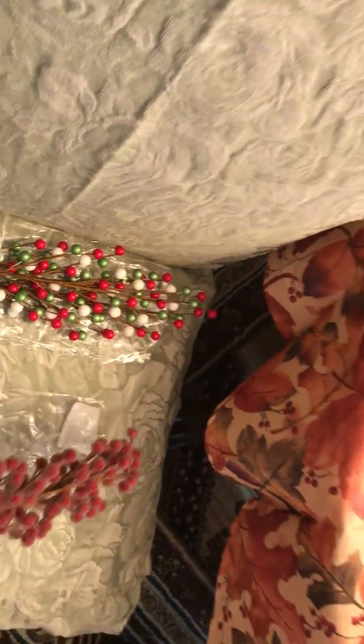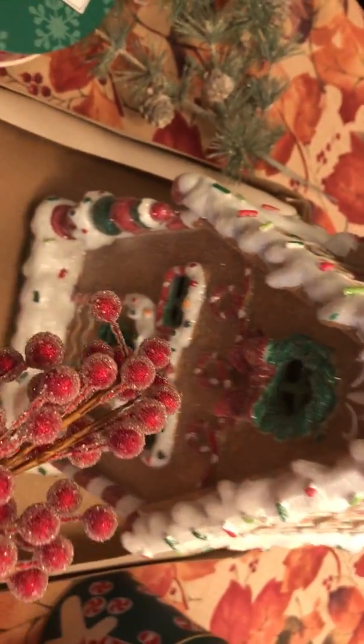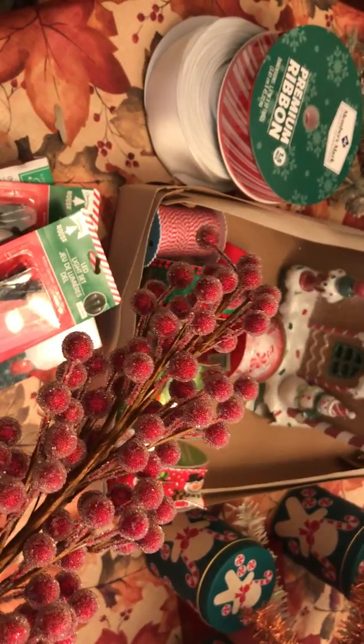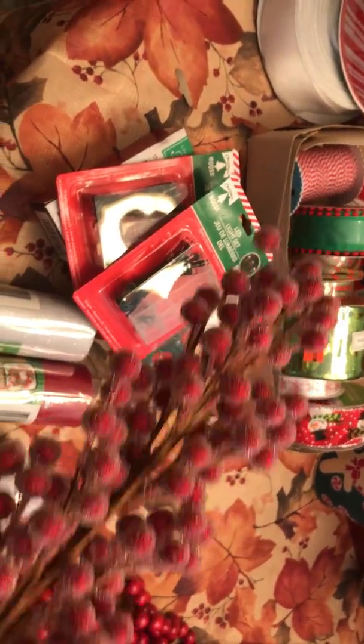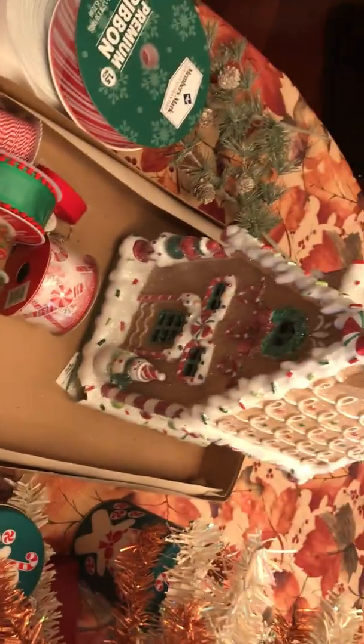And then at home, I couldn't decide which one. I got the icy cranberry because this is all icy glittery. So believe me, if I don't use it for this Candy Cane Lane, I'll use it somewhere else. So I've got the icy that coordinates with the iciness of the gingerbread house, but I also, remembering that